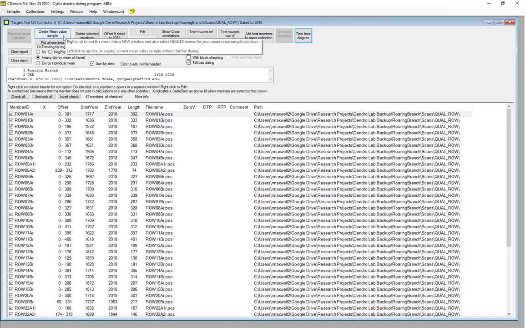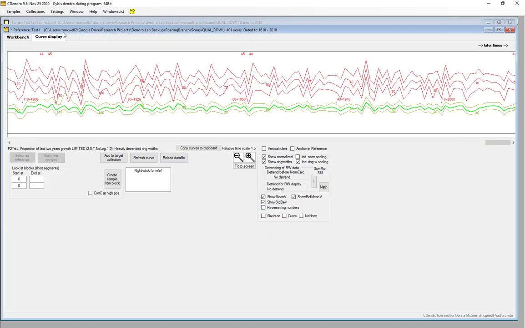These ones cross-date moderately. But we can create a sample mean from the group to begin identifying any potential flags or errors in our dating. So I'm going to create this sample mean, and then I'm going to date all of the other cores against it. Creating the sample mean will open up a new menu.